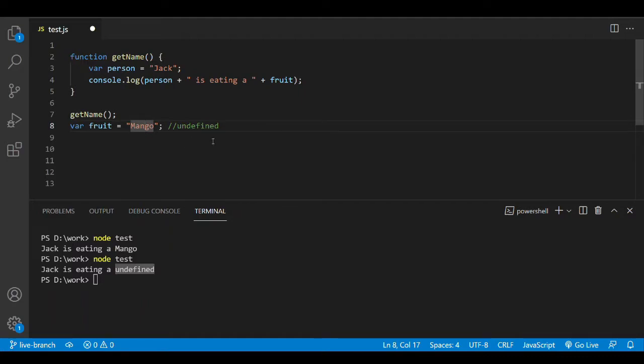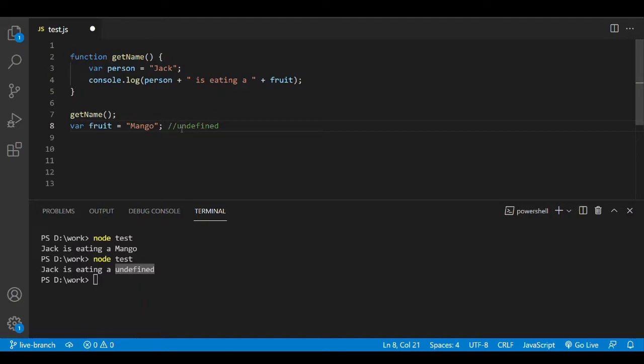So this principle, by the way, is known as hoisting. Now, people have this misconception around this word hoisting. Whenever they hear this word, what they think is the JavaScript engine lifts up the variables in the file. So if you look at this file from top to bottom, even you'll feel that when I'm trying to run this console log statement, I'm still able to access fruit even though the variable fruit is way down in the file. But that's not the case.